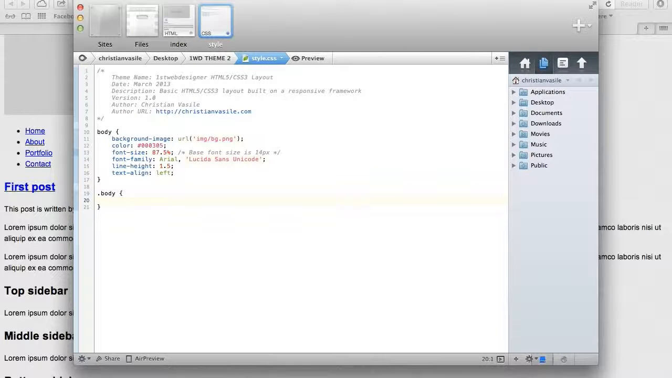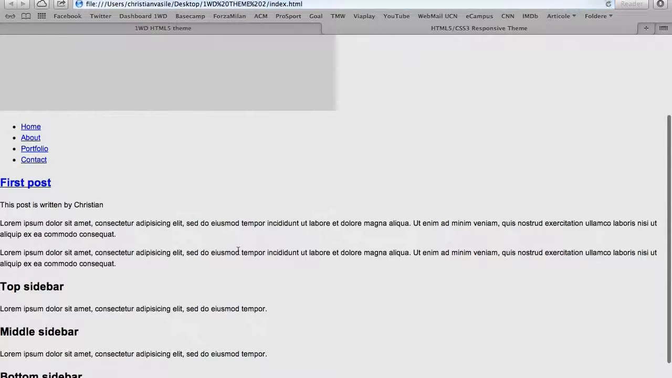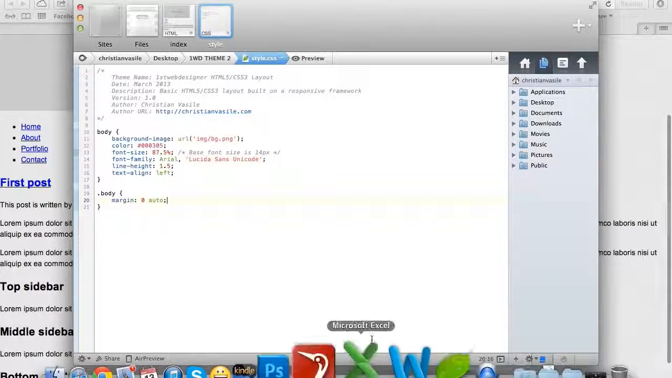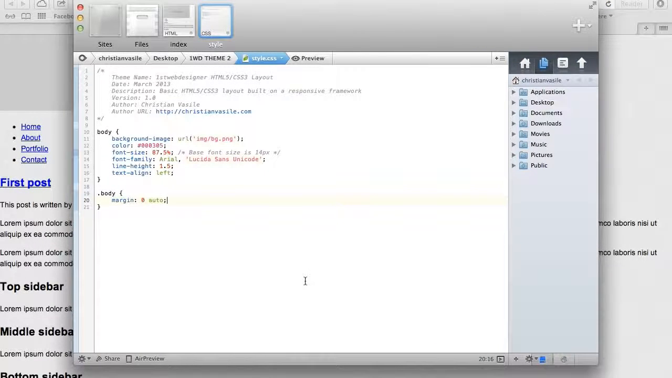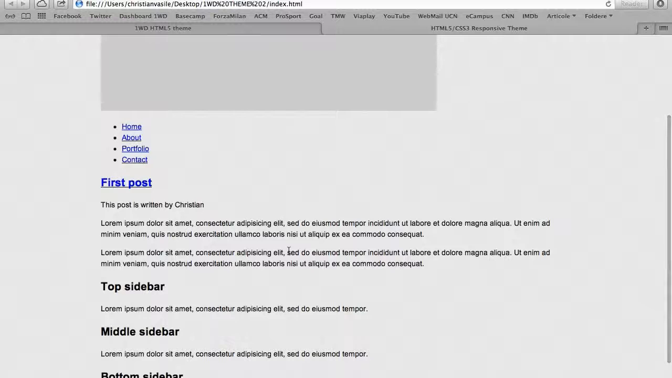What you want to do with this first is, because this is going to be in the middle of the page, you would like to give it a margin. 0 auto means that everything will be centered, and you can't see it now because the width of this body is 100%. But this is the trick. Our width is going to be 70% only. So already you see